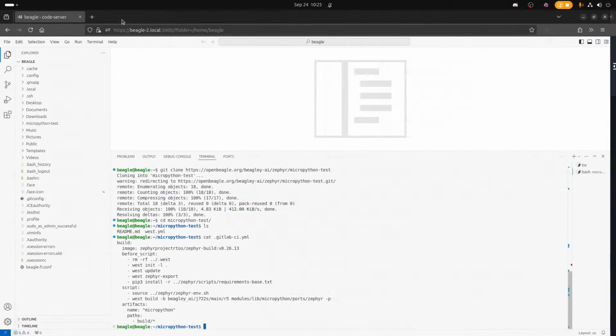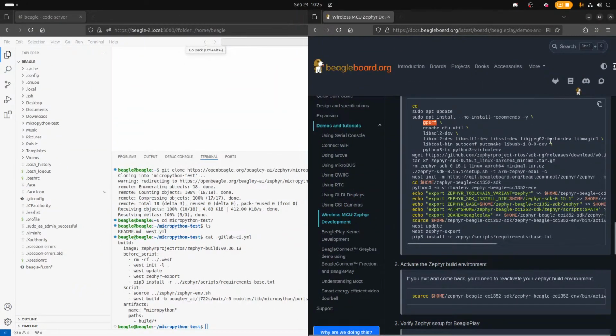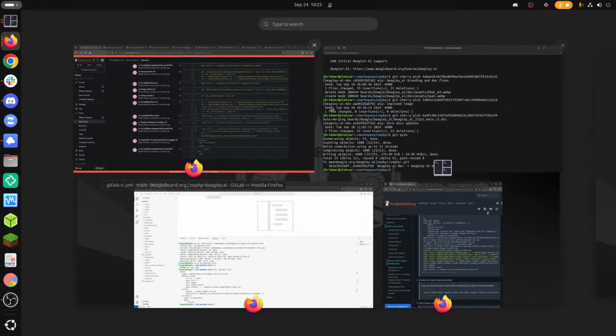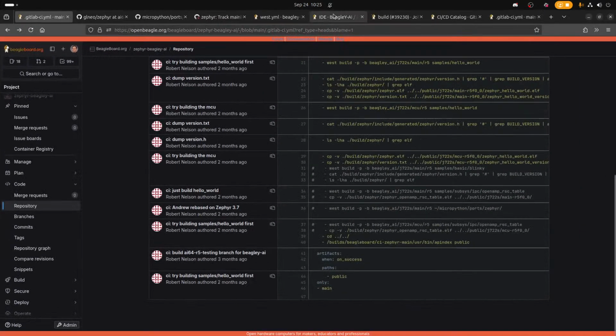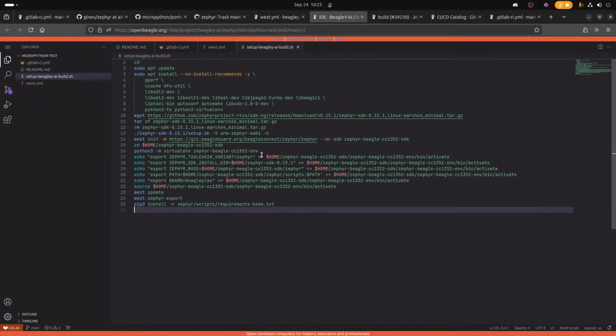Let me copy and paste this into the IDE, and then we'll pull it down. So you said there's a newer one than this that we should use.